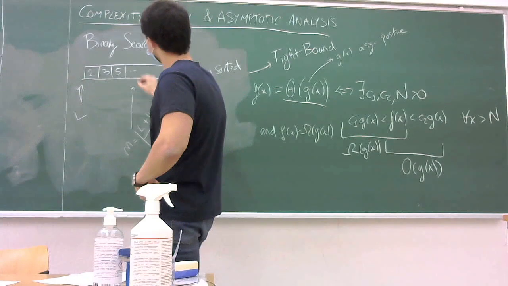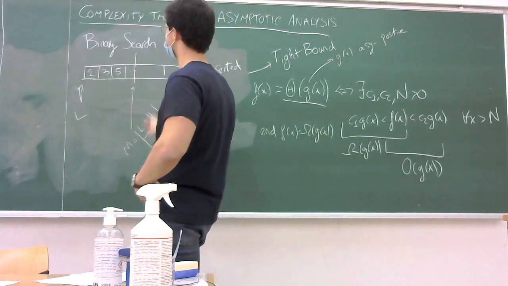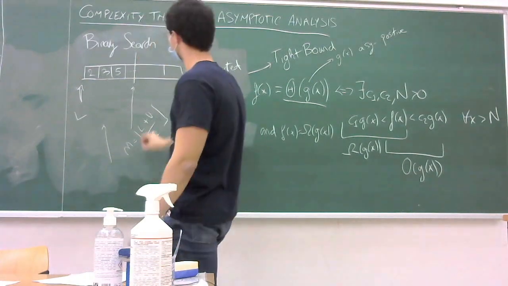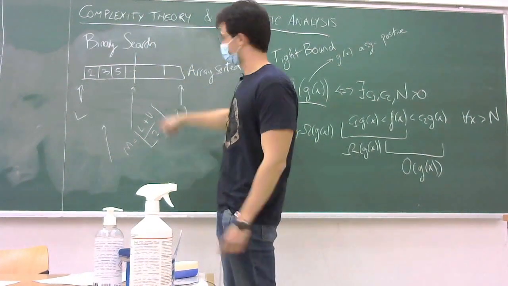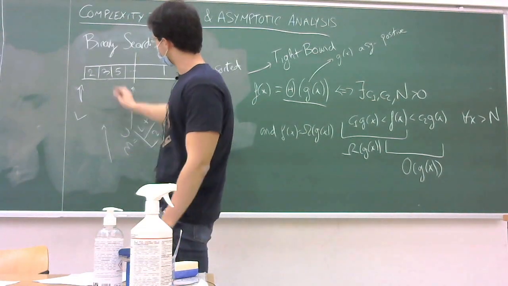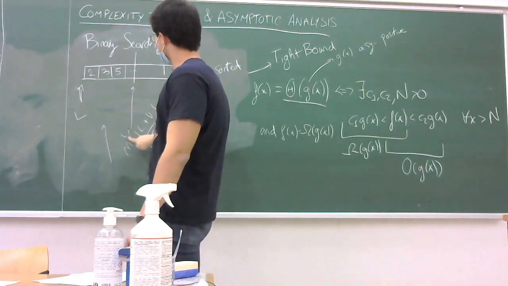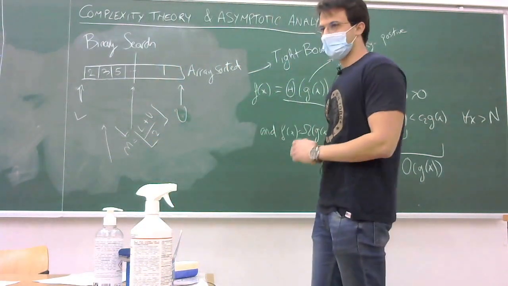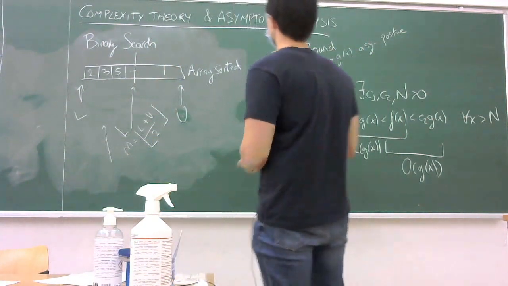If it is not, then if the value is lower, we are going to search here. If the value is greater, we are going to search here. So we change the pointer, and then the new pointer is here if we are looking for values over here, or we update the lower pointer with the values here. Okay, so if we try to analyze this,